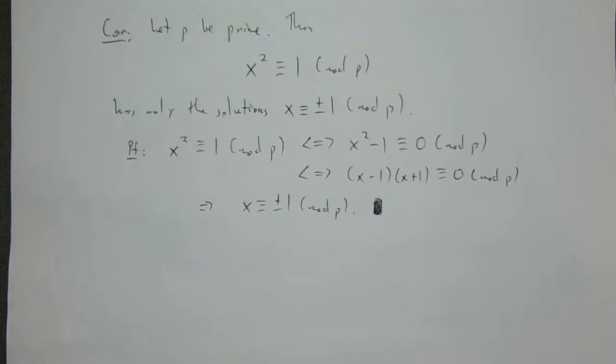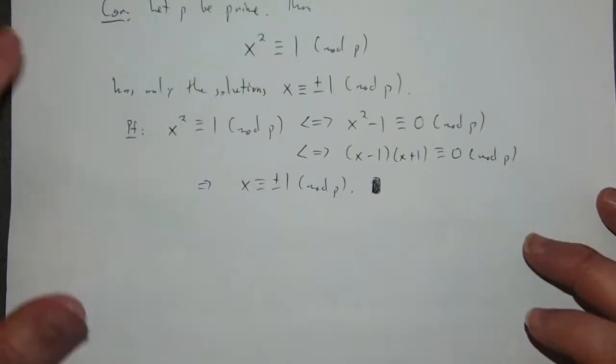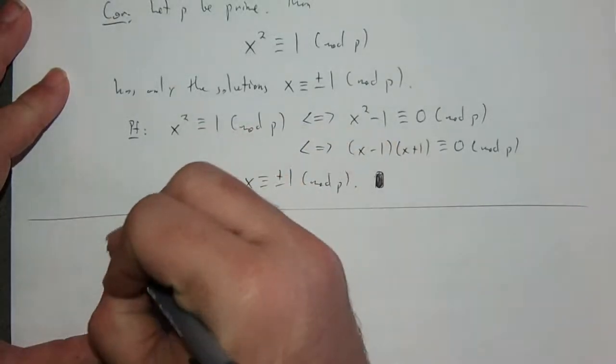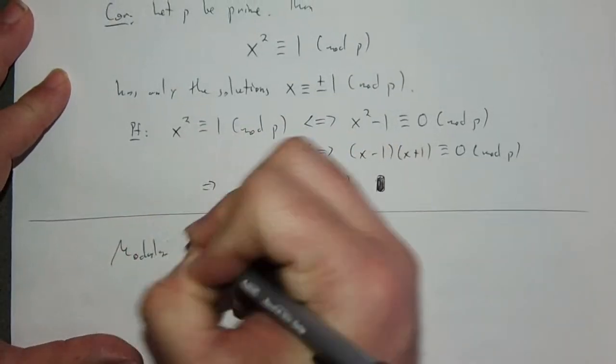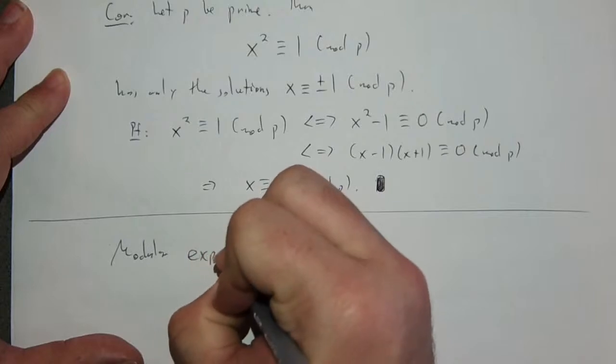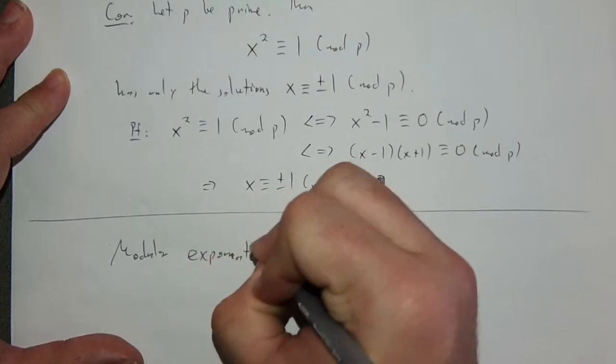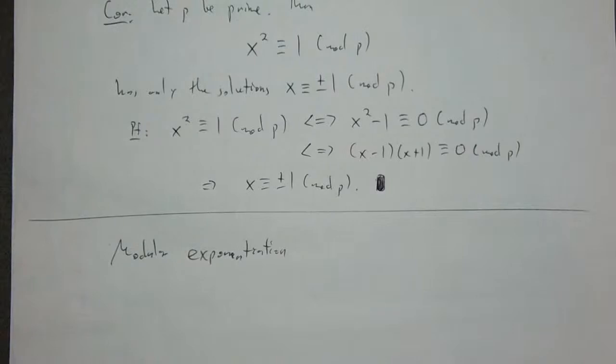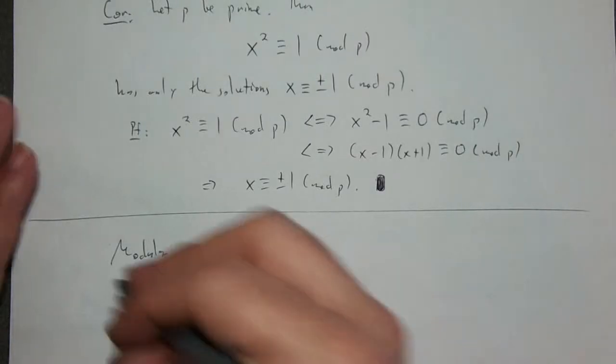So the rest of this chapter, until I get to linear congruences and then the Chinese remainder theorem, is actually going to go pretty quick. So the next few sections are going to go pretty quick. Tomorrow I will do modular exponentiation. So that comes next. That's actually a neat process. So I'll do a quick example of that. Divisibility tests, something